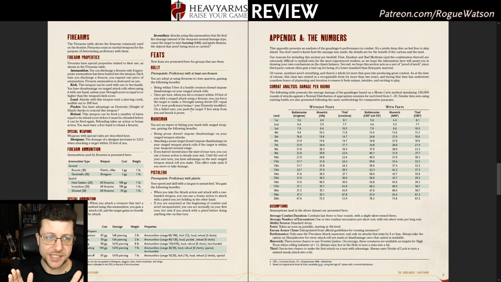The Appendices is great in this class supplement because they really do provide a ton of information and content. I love this breakdown of DPR, this damage per round, which tells me the designer really did the work to balance not only the gunslinger but also the firearms, the feats, all of that, and compare that with similar classes that were literally built to deal the most amount of damage as possible with or without certain feats. In other words, a battle master wielding a longbow, a thief wielding a crossbow using obviously sneak attack,